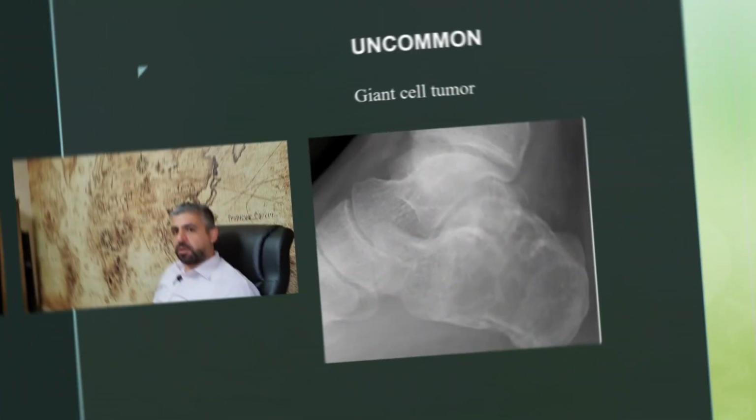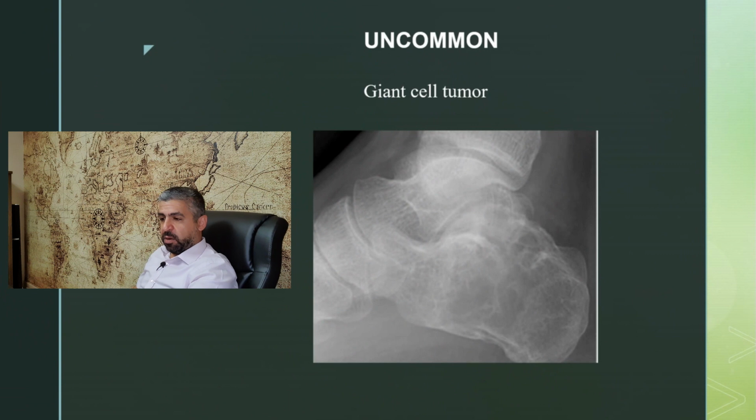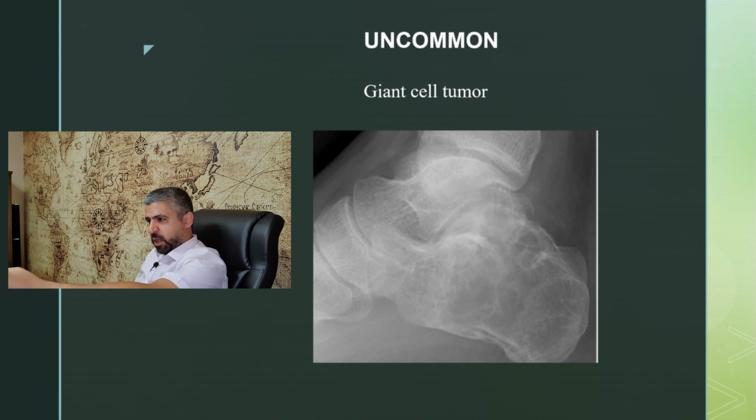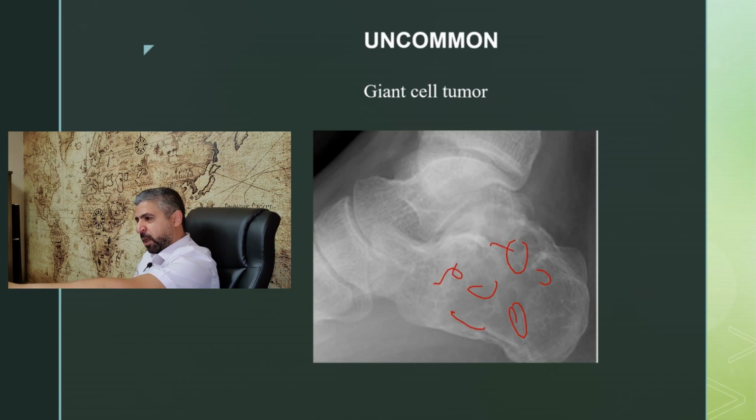Also, whenever we say aneurysmal bone cyst, we say giant cell tumor. In fact, both of them show very common radiological appearances, and giant cell tumor is one of the tumors that tend to develop aneurysmal bone cyst within it. So whenever you see giant cell tumor, you mention aneurysmal bone cyst also. You can see in the X-ray it has a very characteristic appearance similar to aneurysmal bone cyst. It has a multiloculated